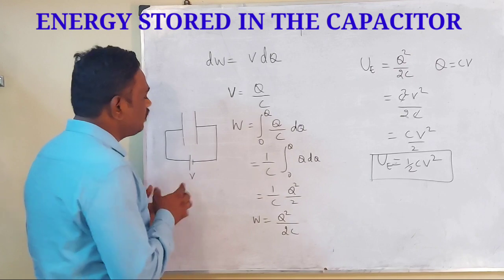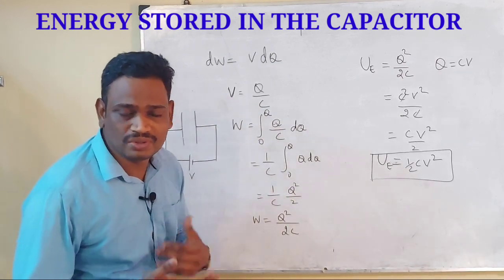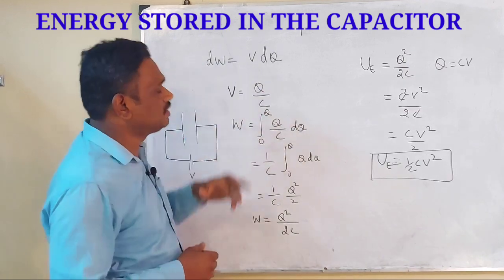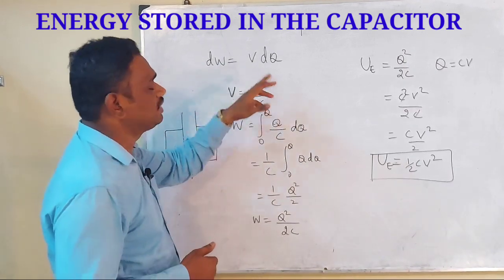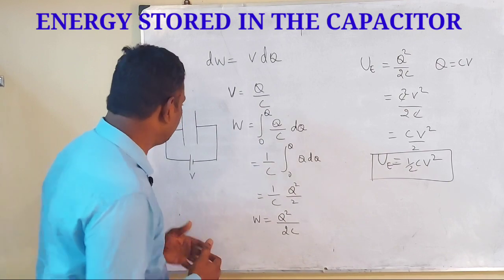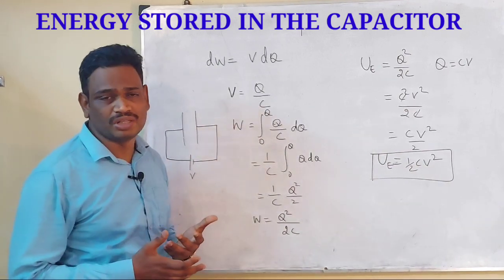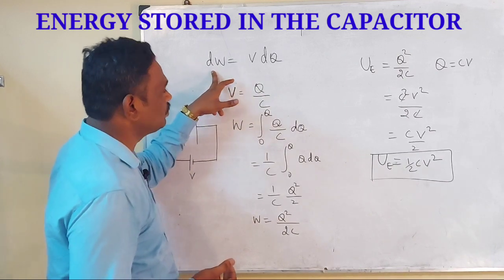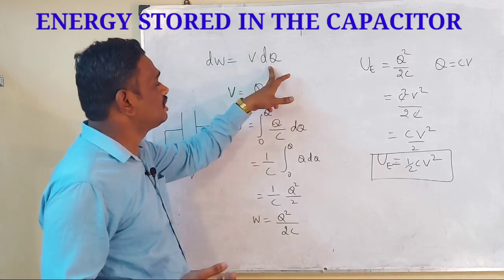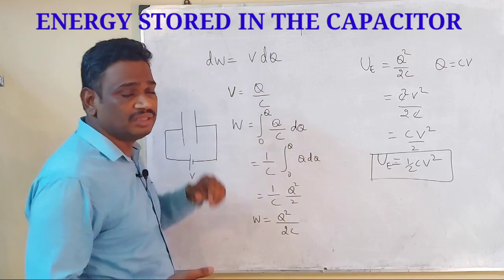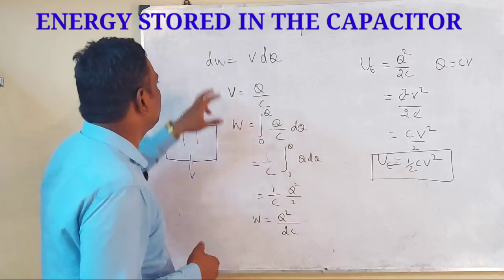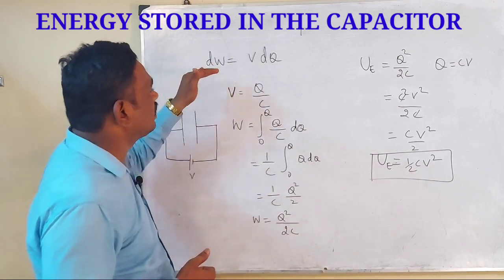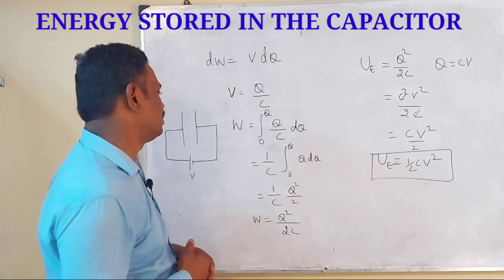Here, in order to move the charges, we have to do some external work, and that work done is equal to potential into charge. In this case, we are moving infinitesimally small charges with a potential of V. So the work done to move the infinitesimally small charge dq in the potential difference V is dW = V dq, that is, the work done is equal to potential into charge.